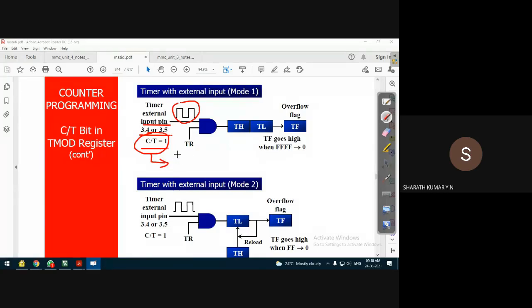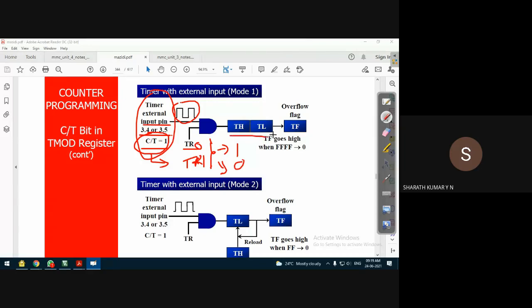Timer hardware is used as a counter. Even when the external clock pulses are applied, we can control the operation using the TR bit, either TR0 or TR1. If these bits are equal to 1, the timer will run. If these bits are set to 0, the timer will stop accepting the external clock pulses.